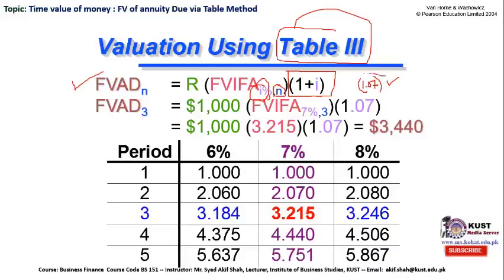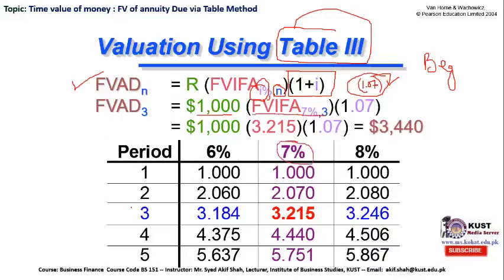The reason for this multiplication is that you are investing or paying out the cash flows at the beginning of the period, and this beginning investment requires you to compound it one more time than the simple ordinary annuities. So after putting the values over here and checking the relevant factor for future value of ordinary annuity at 7% and 3 years,